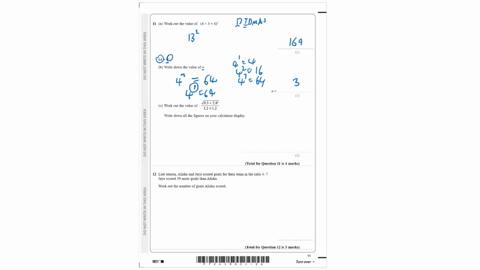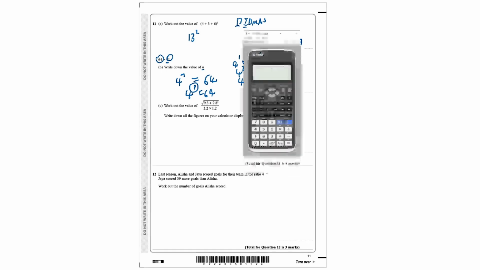Work out the value of the square root of (9.3 plus 2.8 cubed), all divided by 3.2 times 1.2. Write down all the figures on your calculator display. So here we have the square root of 9.3 plus 2.8 cubed. And then we divide it by 3.2 times 1.2, which gives us